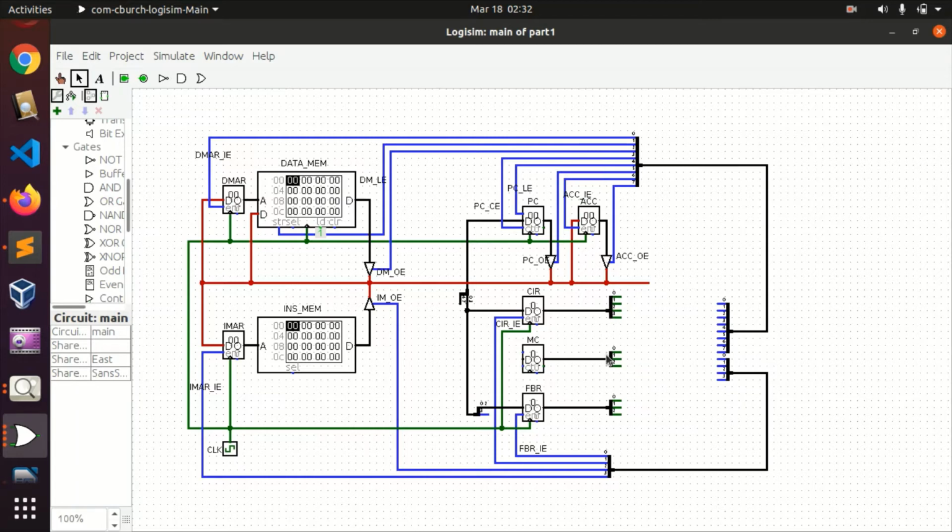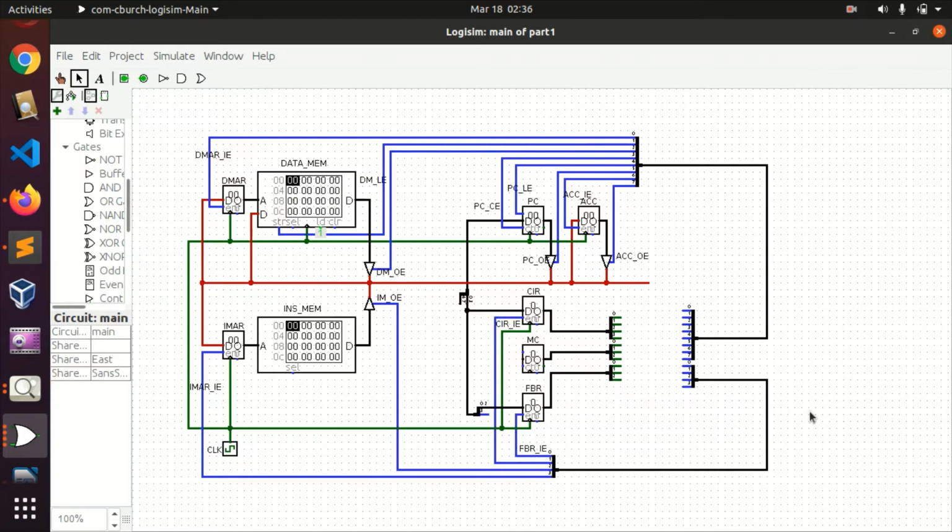I'm just rearranging them, not too much. So I have just rearranged the wires better, just by grouping them, and the aim of this is so that you can understand